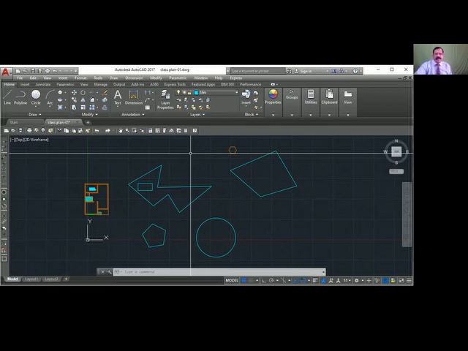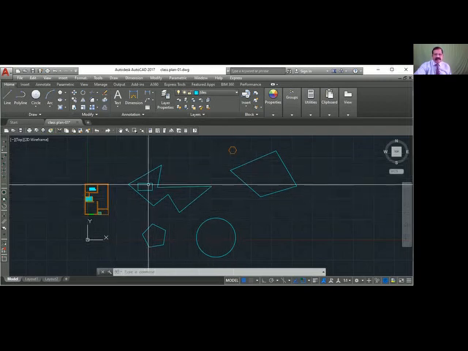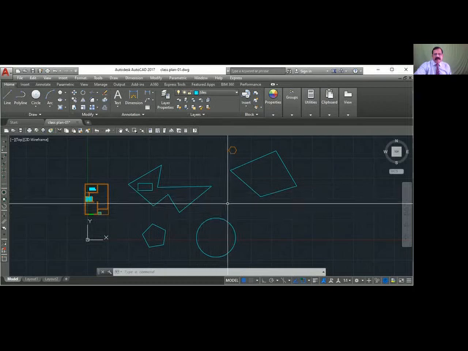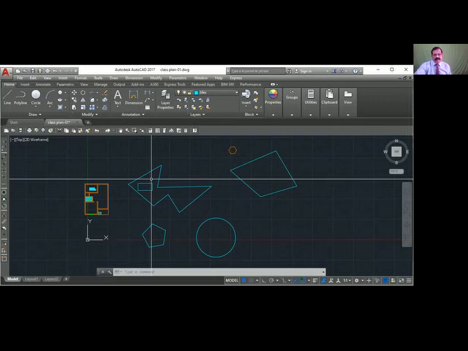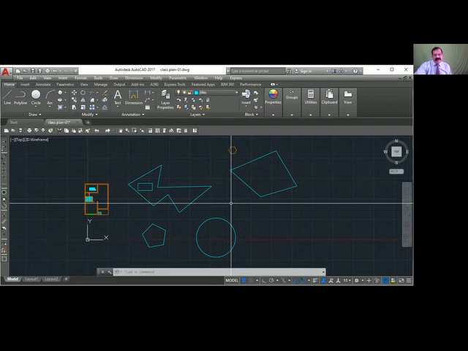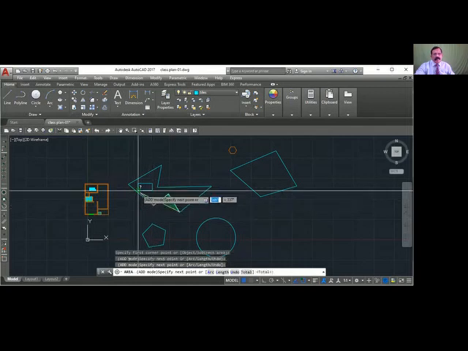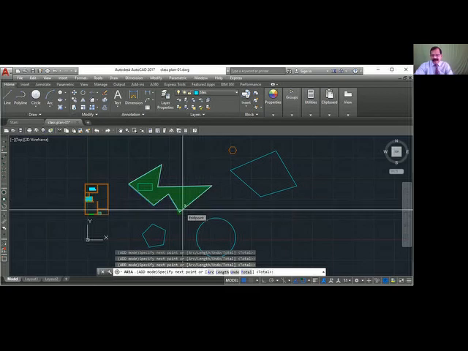Okay. Now, how to subtract? I want to find this area minus this area. Suppose you have a house in the middle, there is an open area. So you want to subtract. So from this area, I want to subtract this. Okay. So we are going to learn how to subtract areas. So first I'll say area. Then I will say A, means add. Then show the bigger area or whichever area you want to add. So I have finished that, press enter.